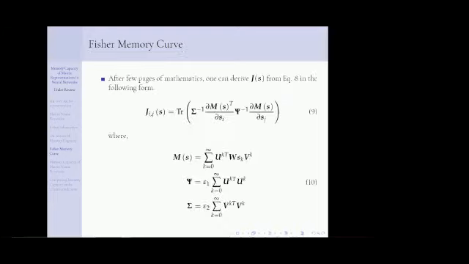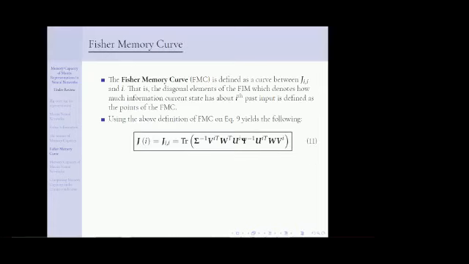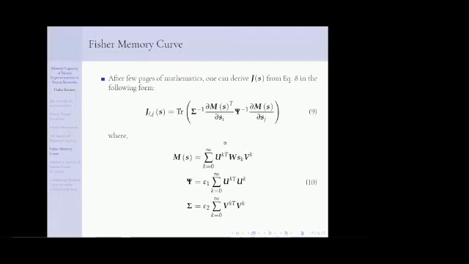So calculating the FMC of this Fisher information matrix of the matrix dynamical system which we mentioned previously, we get this. This is just the diagonal elements, you can see. Again, I'm skipping a bit of the mathematics to conclude this, but you can take my word for it if you wish. So the ith element is a trace of this very big, long multiplication of matrices. And keep in mind that sigma and psi themselves, as shown here, are infinite sums of matrices. So it's quite a scary quantity.